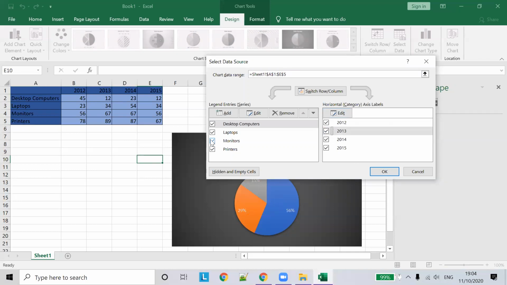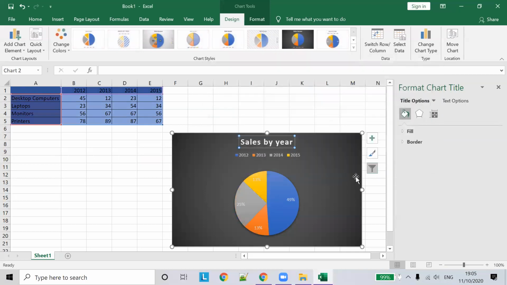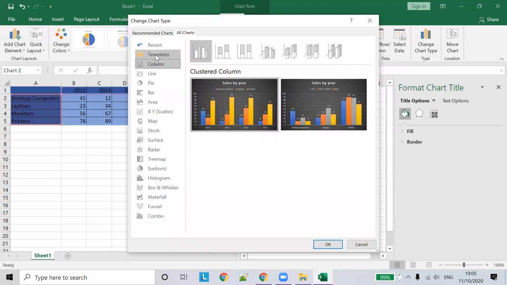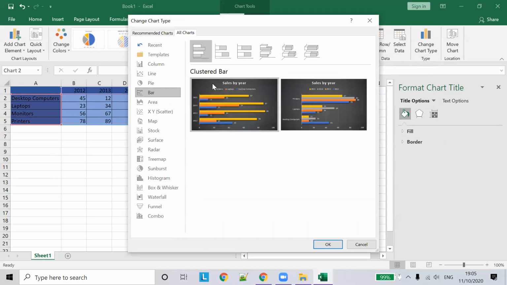So if you don't want to choose monitors, click OK. It won't display the data for monitors also. See, here you don't see the value for monitors.